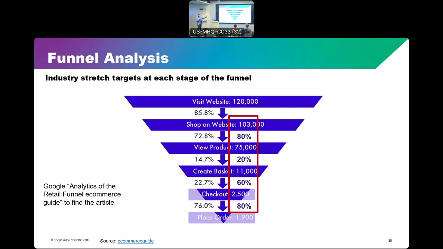So the idea here and why I'm talking about this is it can help guide you of where to prioritize, where to focus. And so depending on your site and what are your workflows, if it's not a shopping flow, try to understand what's a good industry benchmark for that, how am I performing against that, and measure these things over time.